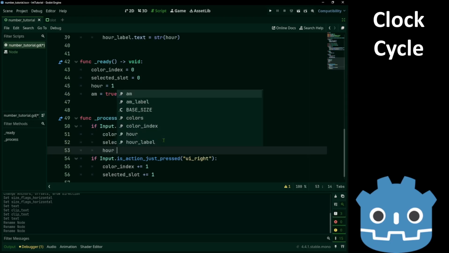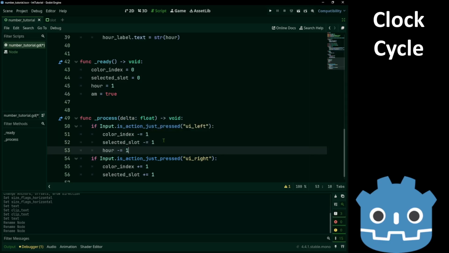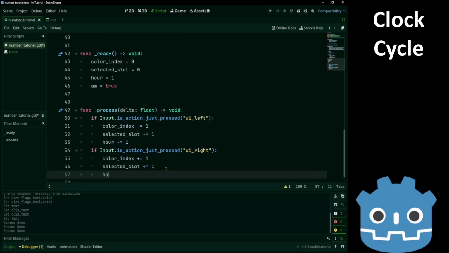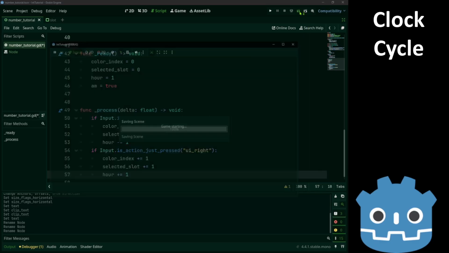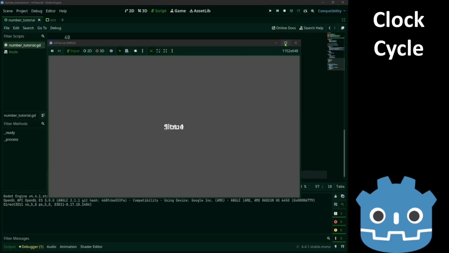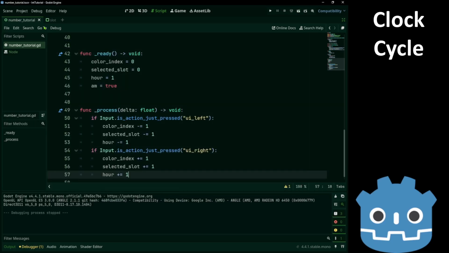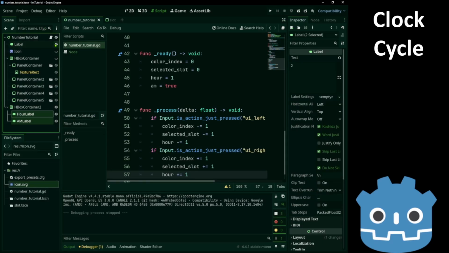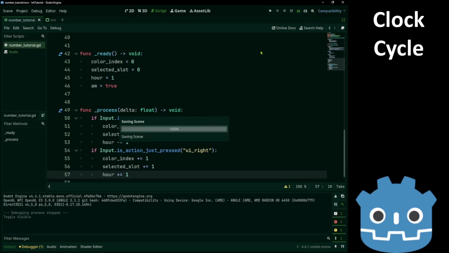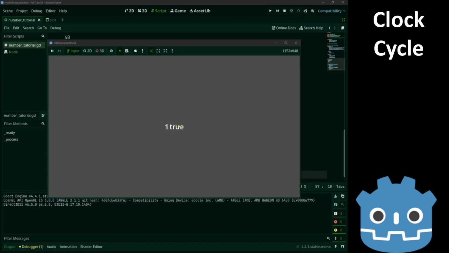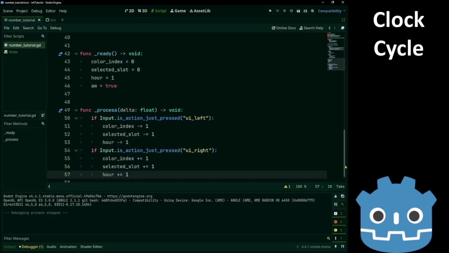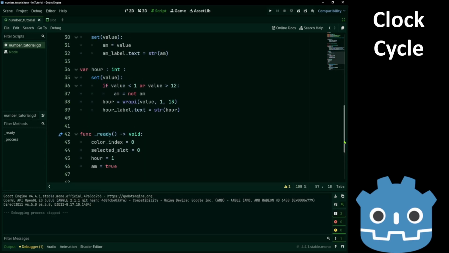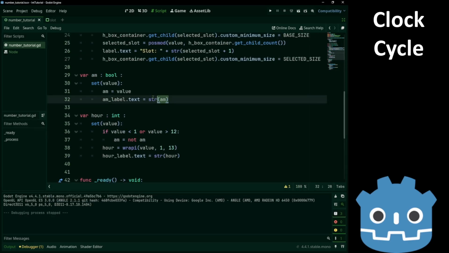Hour minus equals 1, and hour plus equals 1. Let's hide this label. Okay, no one saw that.